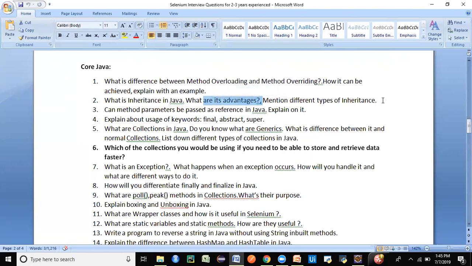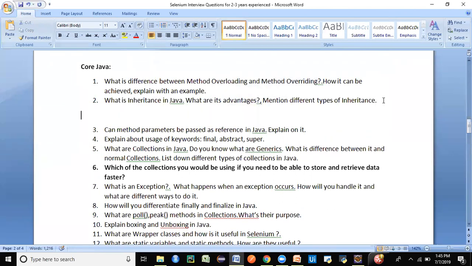What are the different types of inheritance? Well, you have different types in Java. You have multi-level, you have single inheritance, you have multiple inheritance, not directly, but through interfaces. Actually, we can use multiple inheritance through interfaces. We have hierarchical inheritance,